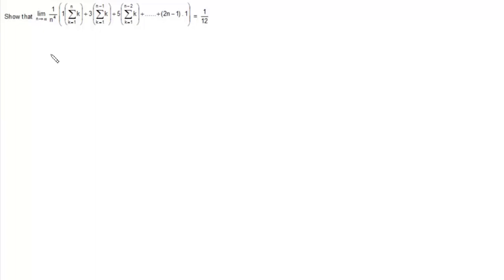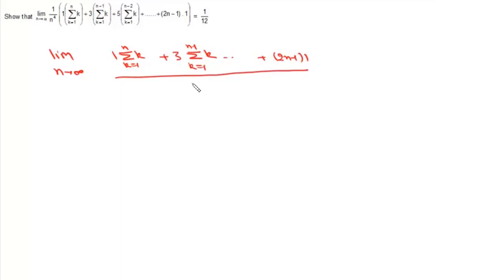Now here the question is, we need to solve this limit: n tends to infinity, 1 into summation k varies from 1 to n, plus 3 into summation k varies from 1 to n minus 1, up to 2n minus 1 into 1, upon n to the power 4. Since this is an infinite limit and the highest power of n in the denominator is 4, and the answer is non-zero finite, the highest power of n in the numerator must also be n to the power 4. So basically the answer to this limit will be